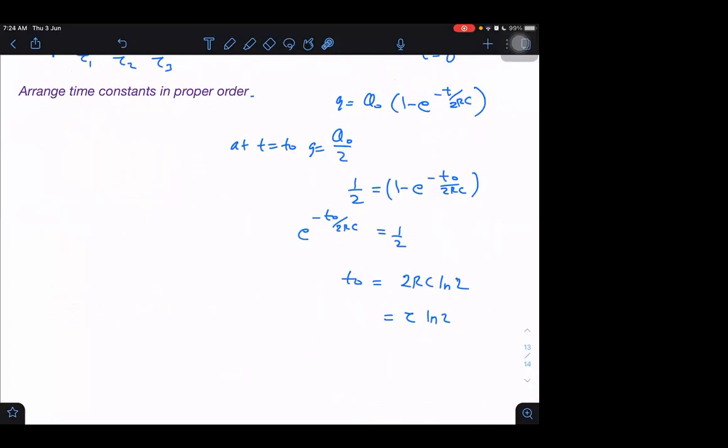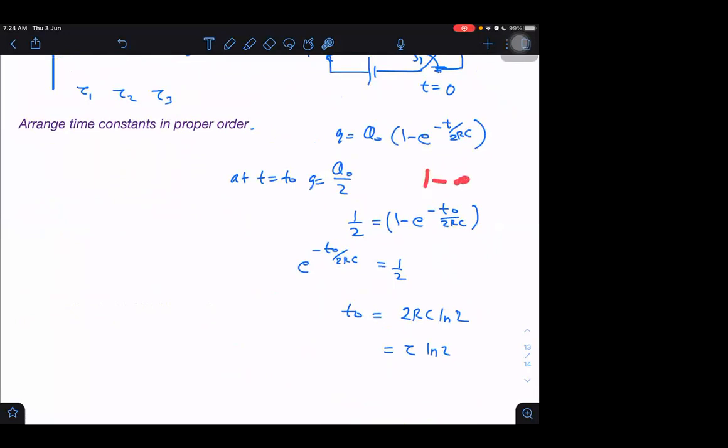All right. In fact, in general it is like this: 1 minus e raised to power minus, let us say, tau into ln n upon tau. Tau will get cancelled. Then e raised to power minus ln n will become 1 by n, so the charge will be 1 minus 1 by n after what time? After tau ln n time. By putting tau ln n, this term becomes 1 by n. You can keep it in mind. This thought will help you if you are able to follow it easily in the exam. It will help you many times. So this expression will change into 1 by n when we put the value of t as time constant times ln n.